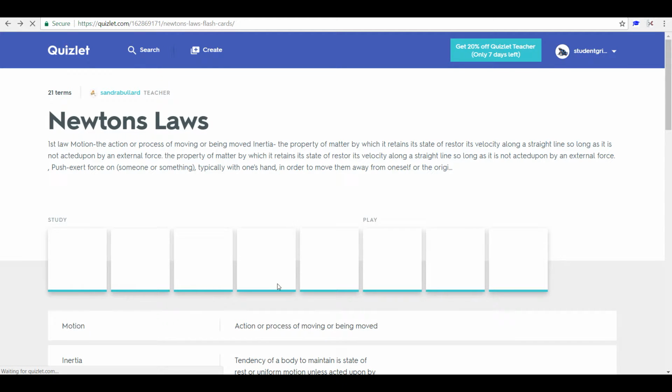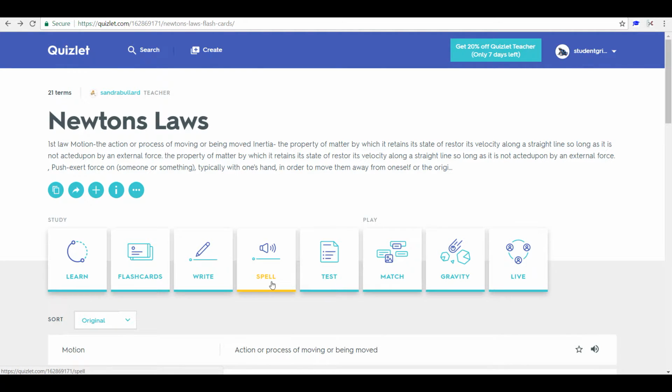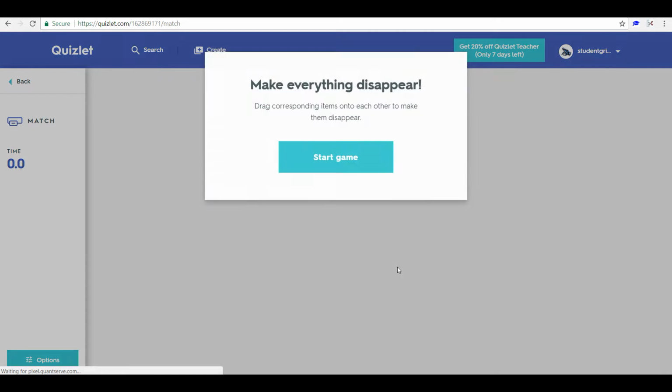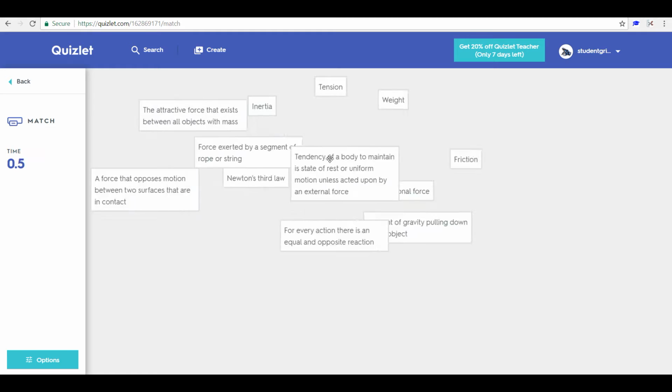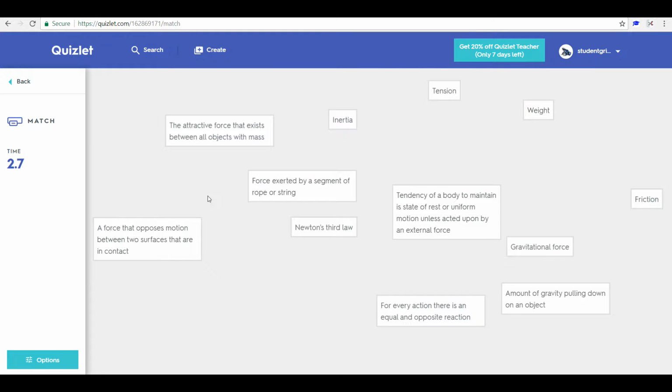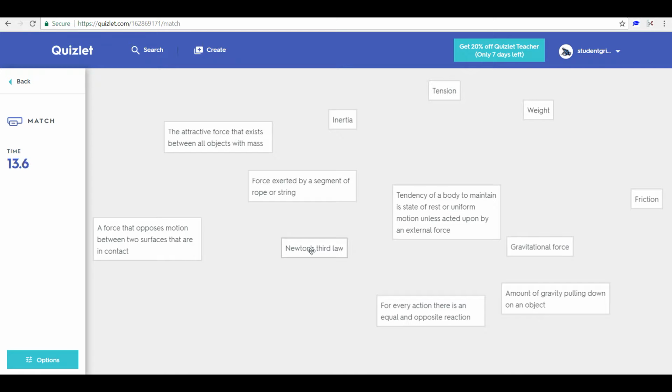So let's have a look at some other activities. For example, there's a good one called Match. Okay, so it's a game, and we need to match. The idea is you drag some of these opponents in. So there's Newton's third law. Can we see anything? A force that happens between two surfaces in contact? Nope. Every action has an equal and opposite reaction, and slowly we start to